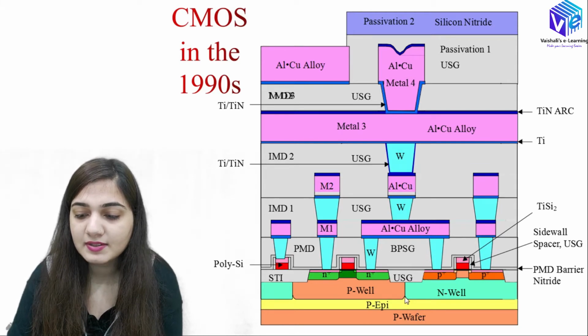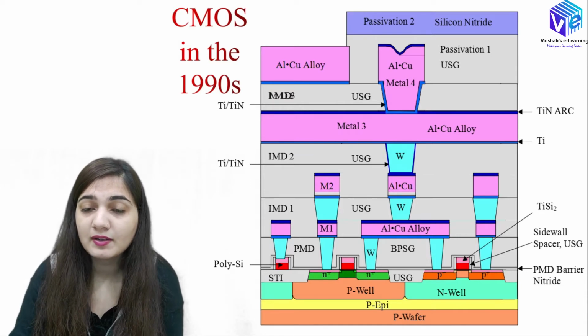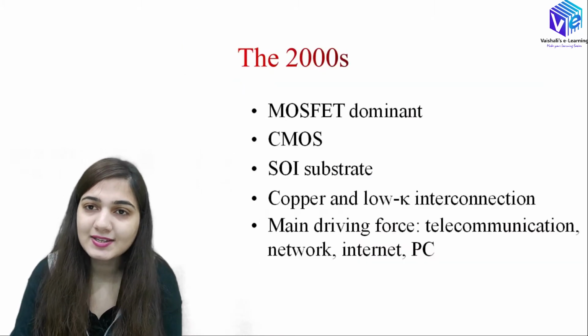the P well, this is the N well. Okay, it is formed in the P type of epitaxial layer. So here we will be having NPN structure, here we will be having PNP structure. Okay, so after that we can use the aluminium copper alloy. This is the second layer where we will be using the aluminium copper alloy again. This is the third layer and this is the fourth layer. So always we have used the aluminium copper alloy. After that we can use the various surface passivation layers like the silicon nitride. Okay, so this is how we will be forming a complicated structure as compared to the 1980s structure in the